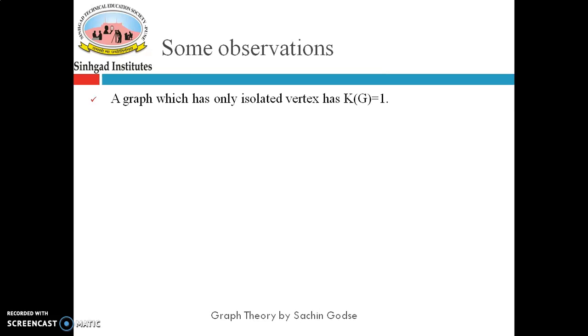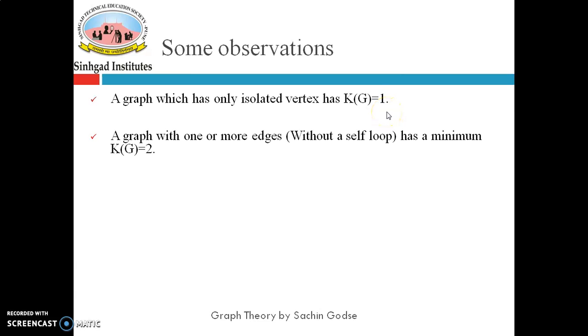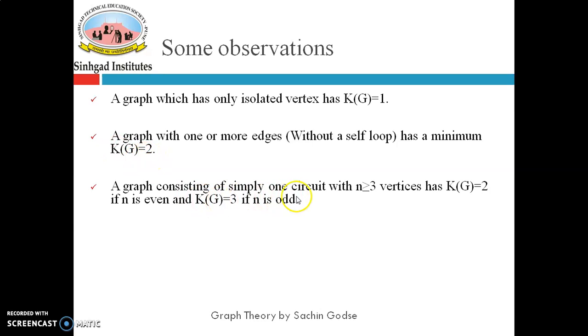So there are some observations. A graph which has only isolated vertices has chromatic number 1. A graph with one or more edges without a self loop has a minimum chromatic number of 2. A graph consisting of simply one circuit with n greater than or equal to 3 vertices